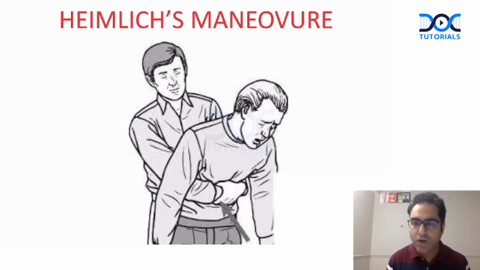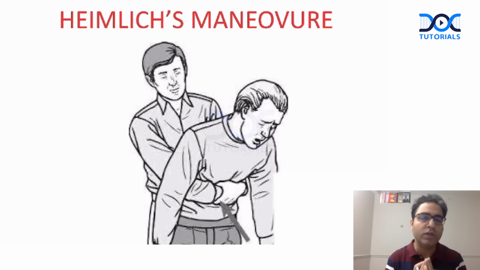It's a case of laryngeal foreign body. Anytime a situation is created like that, the first treatment will be the Heimlich maneuver. Please remember the picture. The pressure is given on the epigastric area in the upward and backward direction. So the Heimlich maneuver is used for the laryngeal foreign body, and a typical scenario will be the patient having